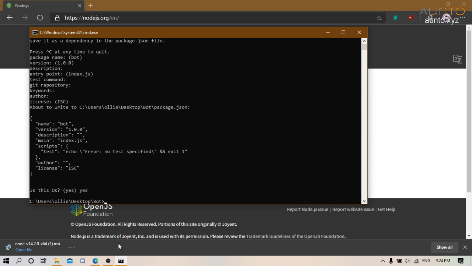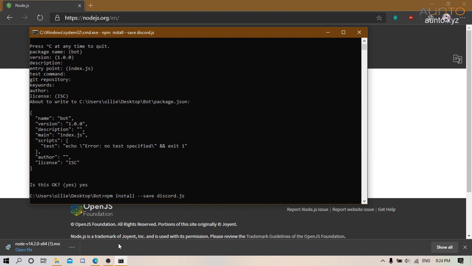Now we've done that, we can actually install Discord.js, and you can do that with this command I'm typing in right now. That will normally take around a minute or two, depending on how fast your PC is. Mine's kinda slow, especially when I'm recording, so it'll probably take this about a minute. This is a really short video, so